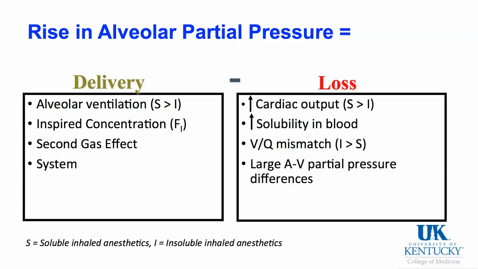And then we can reduce the size of our system. If our circle system was smaller, for example, we could increase delivery to the patient. Loss: if a high cardiac output is present, lots of blood is going by the alveolus, it tends to pick up more of the anesthetic, and so the partial pressure doesn't rise as fast. Now, that sounds counterintuitive, but the patient who's anxious with a high cardiac output has a slower rate of rise